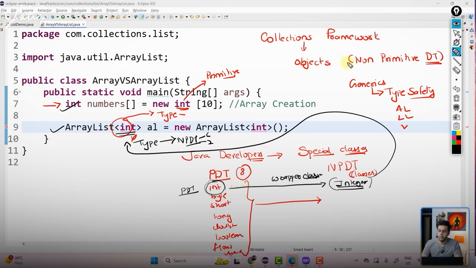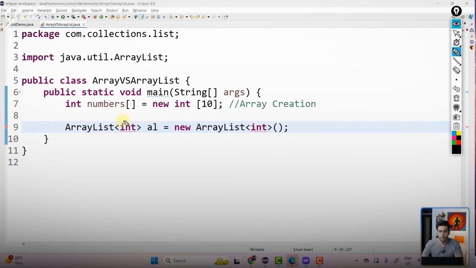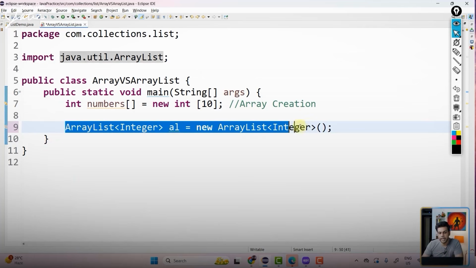Perfect. So now let's close this particular drawing. You will not put int over here. What are you going to put? You're going to put the Integer class over here. You're going to say Integer. Copy this, put it over here also. Is this part clear? So we created a resizable array that can store integer kind of values.